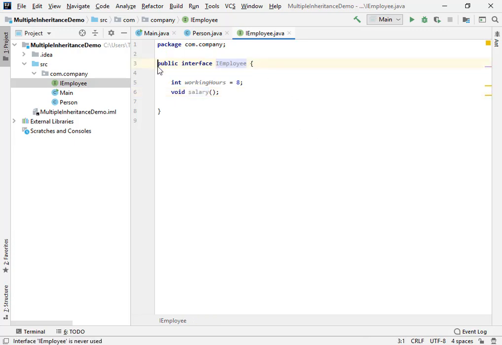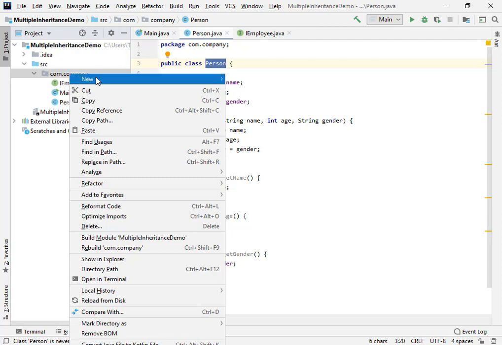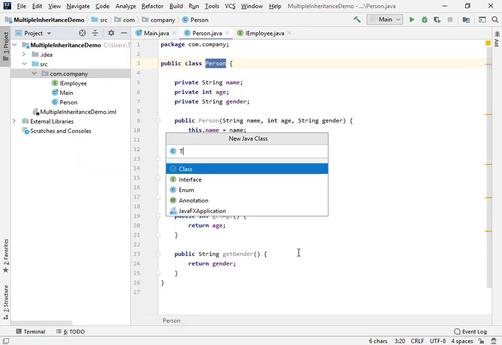So now we have this interface created and this base class created, so we can basically create a specific class for a specific person who is also an employee. In this case we're going to create one for teacher. Alright, so right click, new Java class, and I'm going to call this teacher.